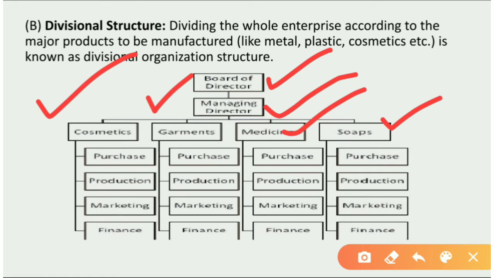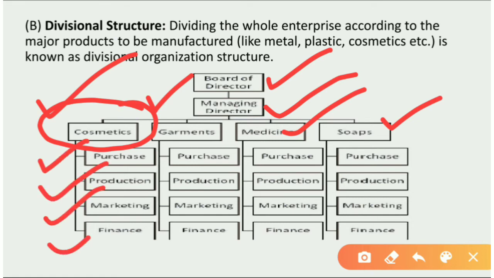One single organization deals in all these products. So according to the product it is producing, he will make the departments for that product. Under the cosmetic region, meaning under the production of cosmetics,